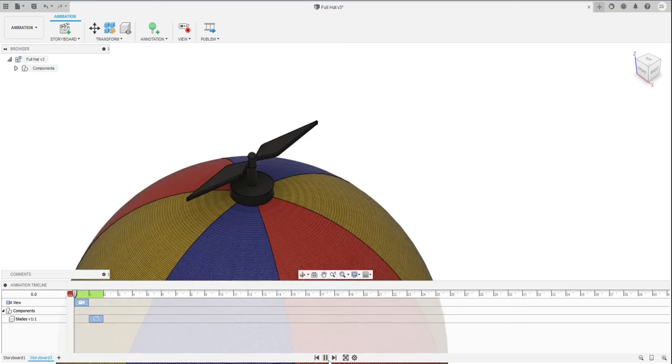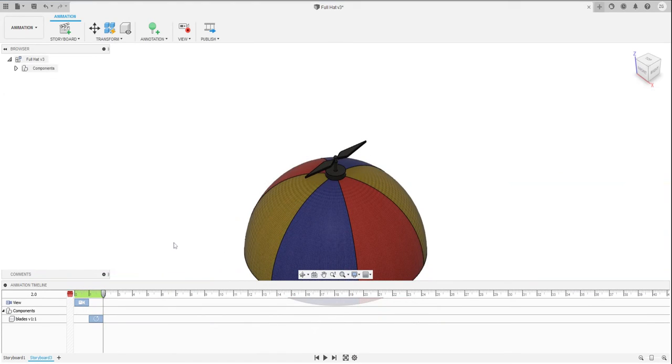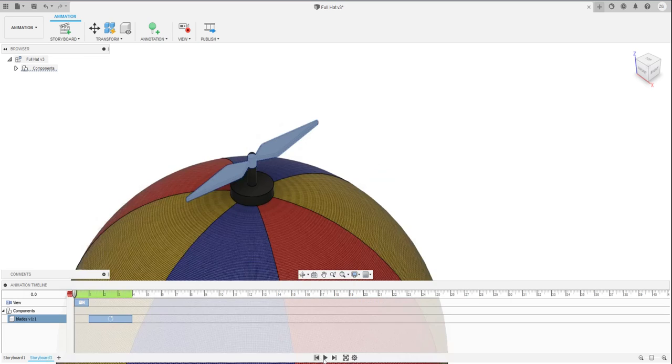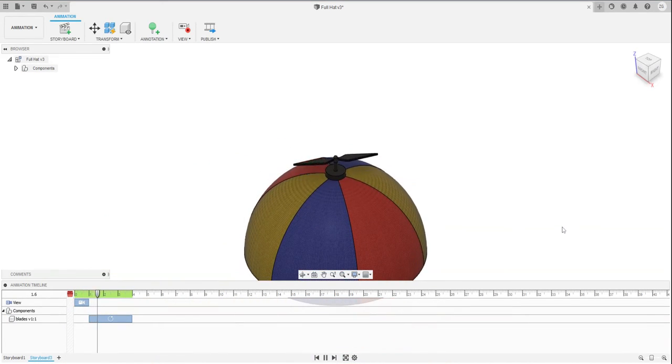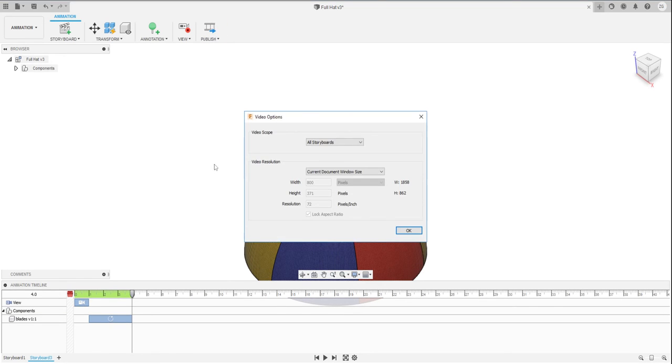Now, this animation is pretty quick, and the blades only take 1 second. So in order to lengthen this a little bit, I'm going to right-click this chunk of video next to blades, click duration, and right now it's 1 second long. I can change it to 3 seconds long. So now if we watch this, it'll zoom out, and then the propeller will take 3 seconds to do that half turn. After I'm done with this, I can click publish,